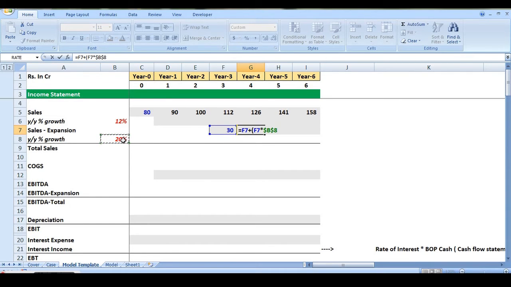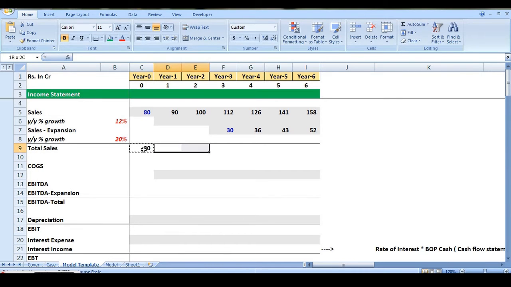Bracket complete, enter and simply drag it. It will give you the total sales of the organization as equal to the normal sales plus the expansion sales. Now if you simply drag this formula over a period of time, you can get the entire sales.